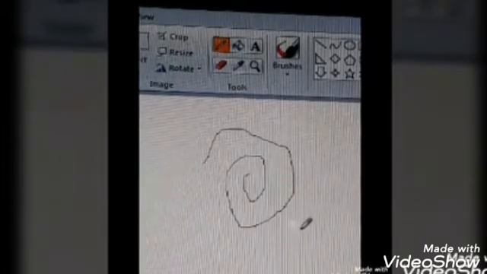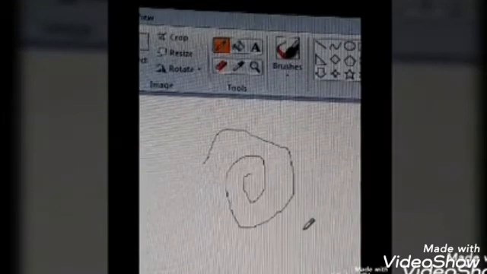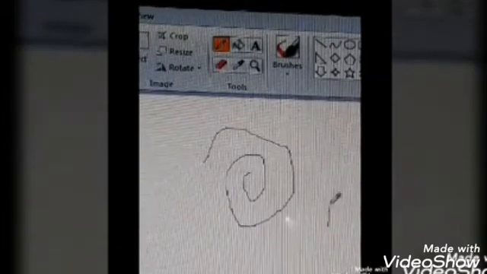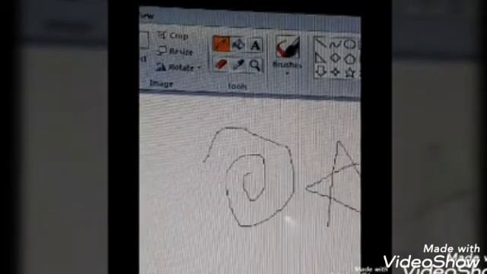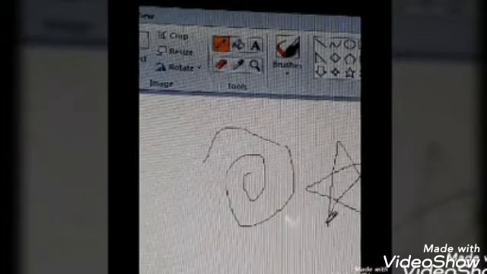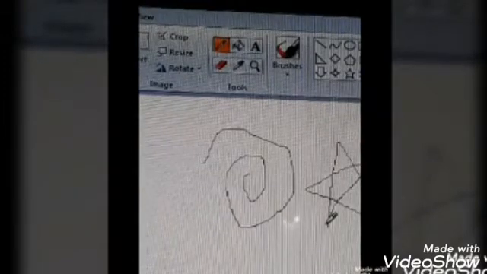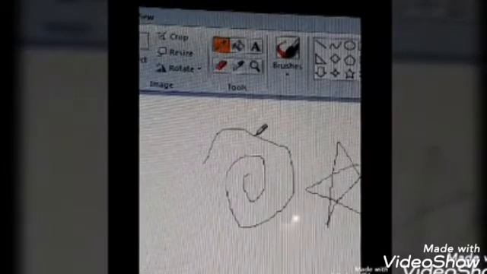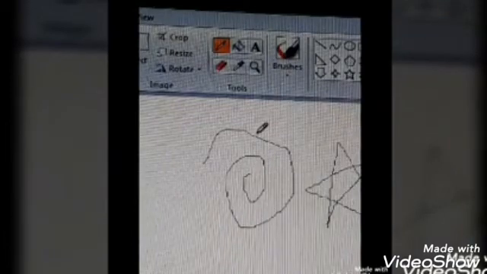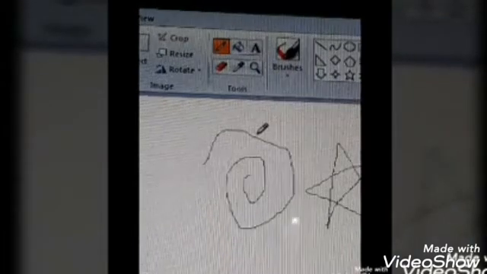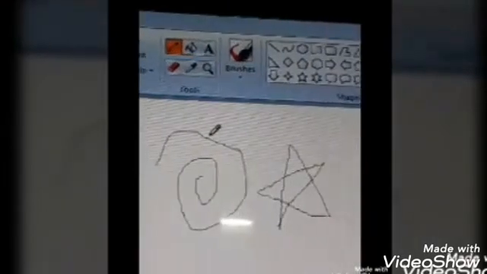Any shape, okay? Like how you use the normal pencil on the paper, same way, children. Here you have to click the button and drag it to make the shape. So this is the way you have to use the pencil. Now you can see the lines are so thin. Now if you want to use a thicker pencil, if you want to use thick lines, for that you have to move a little bit further.